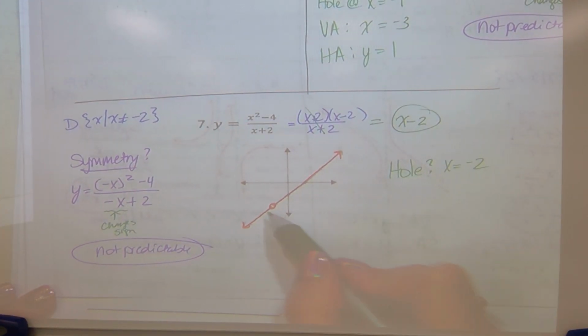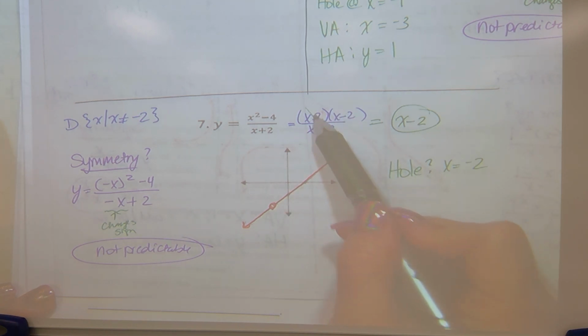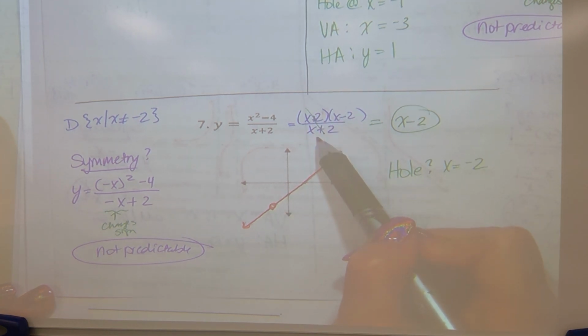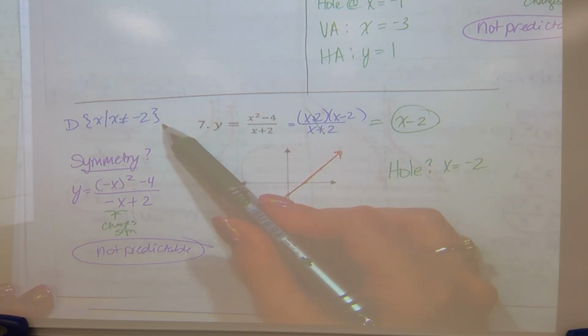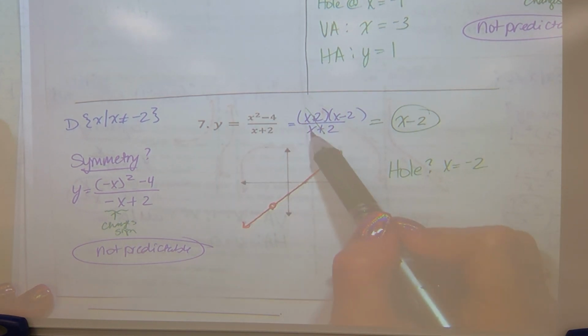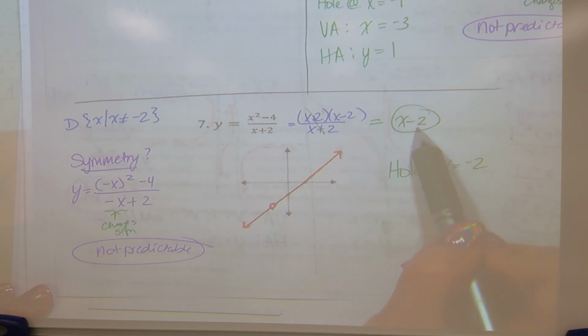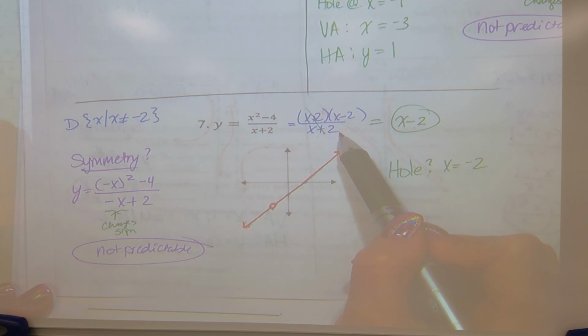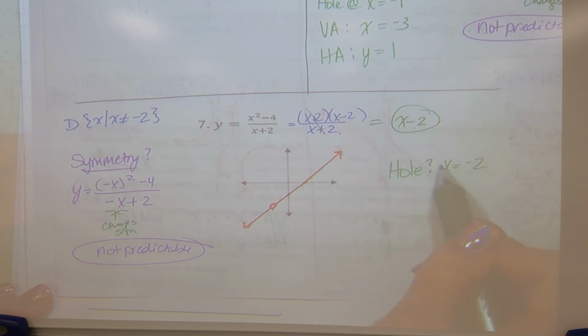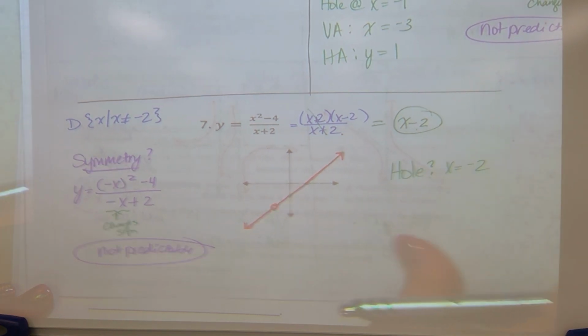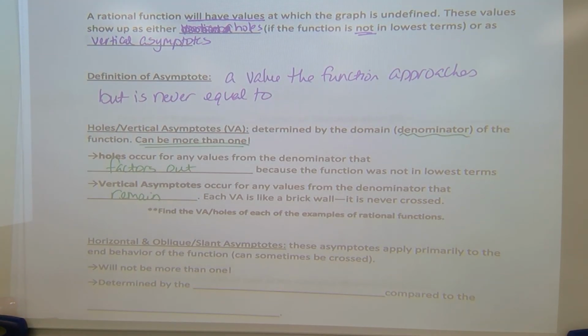Function 7 had a hole in the graph because it had that common factor in the numerator and denominator, x plus 2. I had to kick that out of the domain. It is not included in the domain, but since it factors out because the function is not in lowest terms, that value, x plus 2, when I set it equal to 0, gives us -2, and that gives us a hole in our graph, not a vertical asymptote. All right,